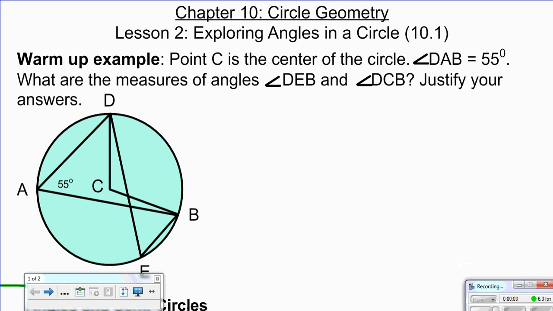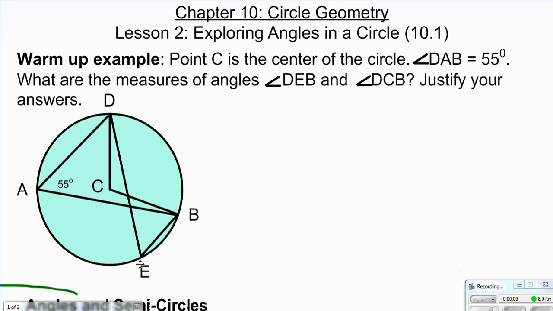All right, we're on to lesson 2 for chapter 10. We're still working through the first section of the textbook, looking at angles in a circle, but we are going to move to our third circle property. Last lesson looked at inscribed angle property and central angle property, and this is going to look at angles